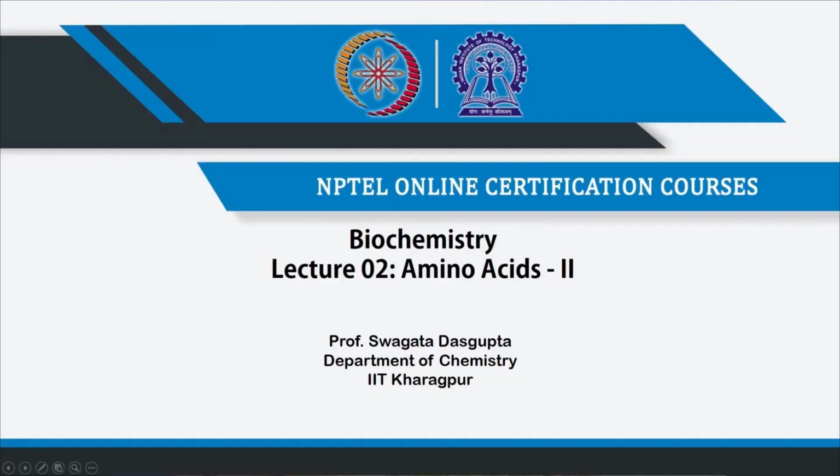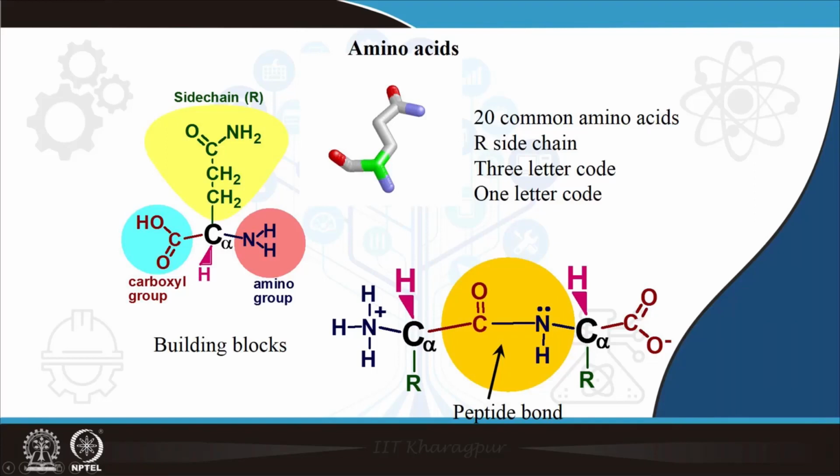Okay, we start off with the discussion on amino acids, and as we saw last time, the amino acids have an asymmetric carbon atom. To this carbon atom is attached an amino group and a carboxylic group. And we have the different side chains. We found out that we have the 20 common amino acids, the 20 R side chains, which differ greatly in the properties that they have, and we have associated with them a 3-letter code and a